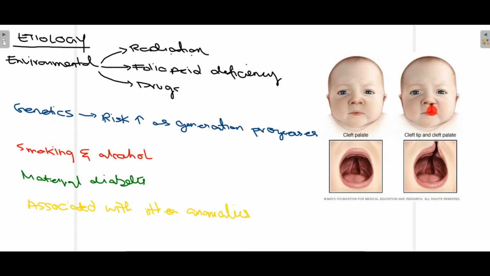Now, on the other hand, if the child has cleft lip and palate, you can see this defect that is present in the lip. There is failure of fusion of this medial nasal process with the maxillary process, so that results in cleft lip. And when there is failure of fusion between these two palatal processes, that results in cleft palate. And if both of them occur together, a child may suffer from cleft lip and palate.